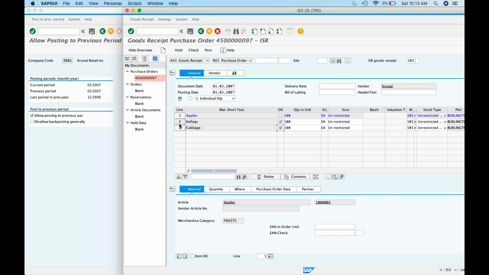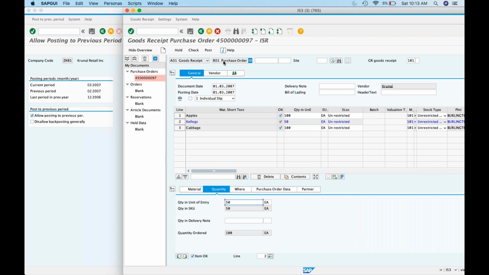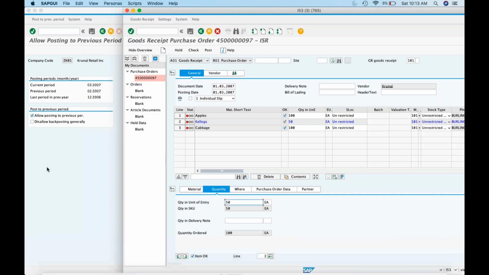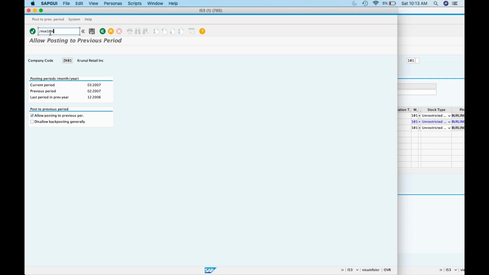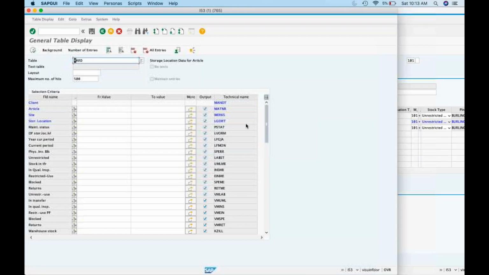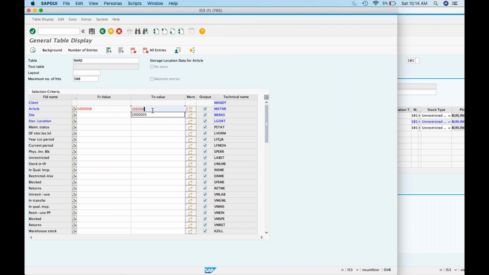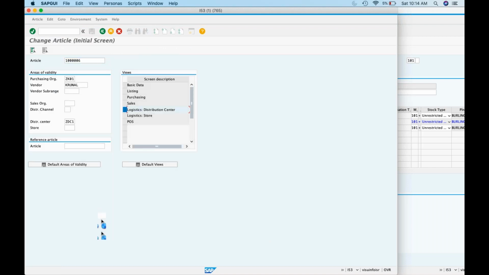This is how you need to do it. Why no values found? The storage location was not maintained.